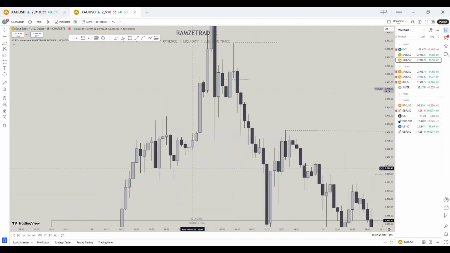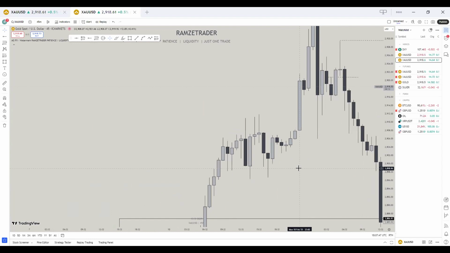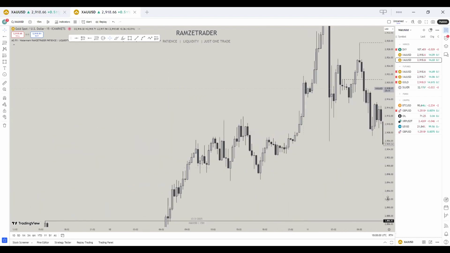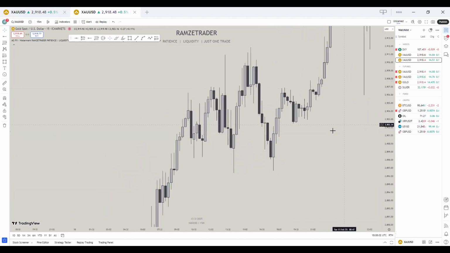So now, look at this. This was what I came to meet after school, 4 p.m., 5 p.m. this time here. And when you go to the 15 minutes time frame, this was what I saw. I saw market sweep these liquidity zones. I always look for liquidity because if you're a scalper, you should just look for close ones